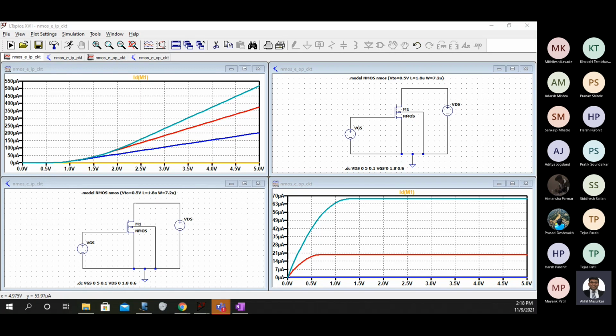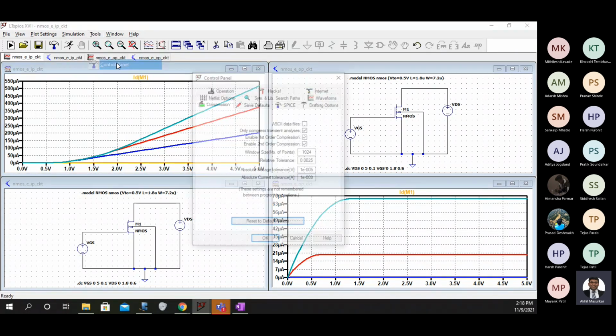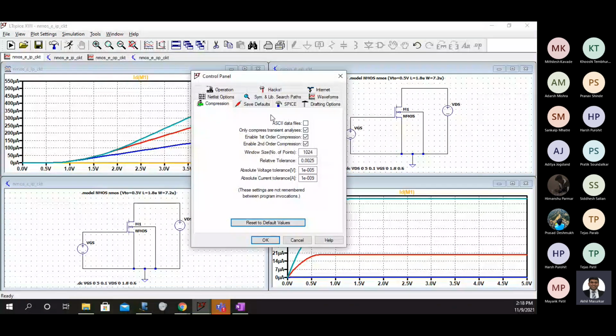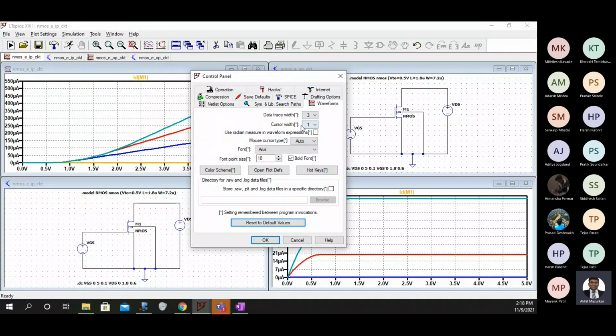Okay, Harsh, let me see your output. Harsh, output is good. Just make those lines a little bit darker. Go to tools here and go to control panel, and then you go to waveforms and just make this trace width 3. Okay, sir.